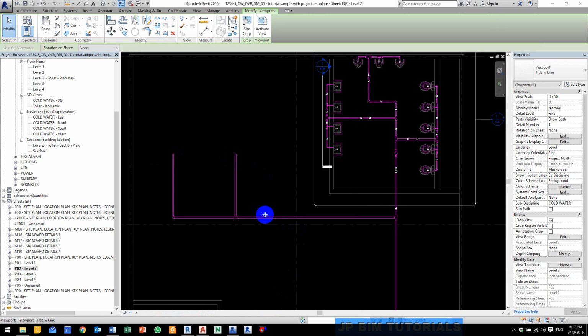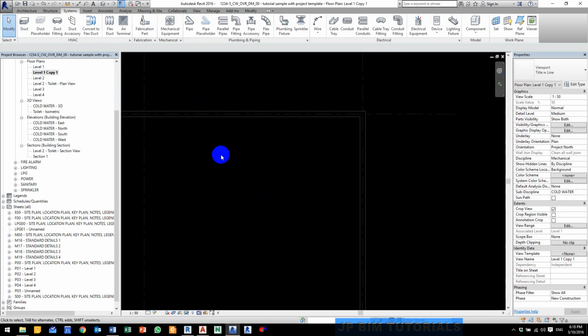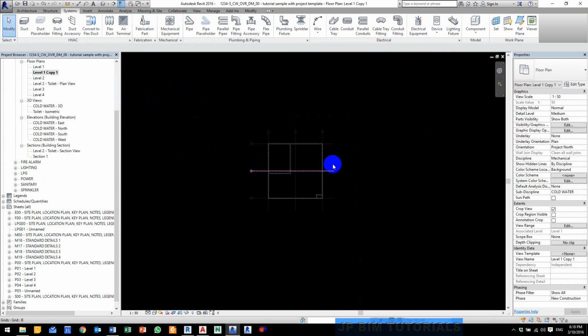So last thing we're going to learn in this video is how to create a site plan. So first of all, right click on level 1 and let's just make a duplicate of it. So now the first thing we're going to do is insert a site plan CAD file into this level 1. So firstly, let's go to